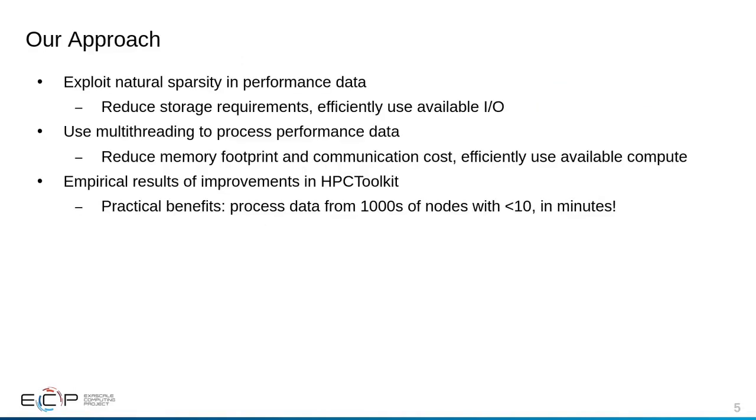Our approach to performance analysis on large and exascale systems is as follows. First, we exploit the natural sparsity present in large-scale performance data. This significantly reduces the storage requirements and efficiently uses the I/O available on these systems. Second, we use multithreading to process the performance data. This reduces our memory footprint and communication costs compared to MPI-based parallelism, and efficiently uses all available compute on each